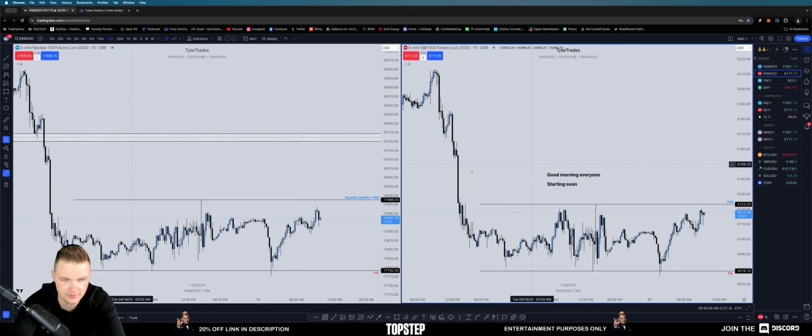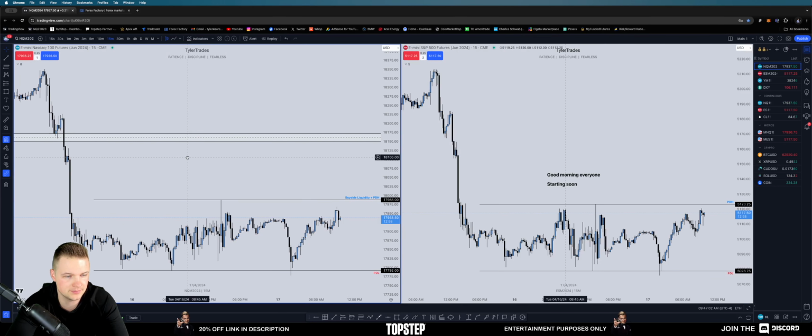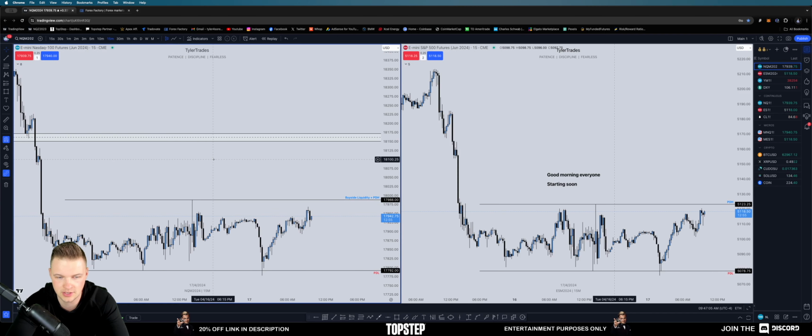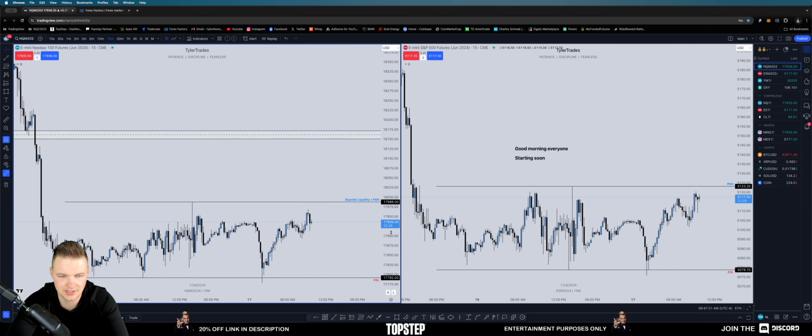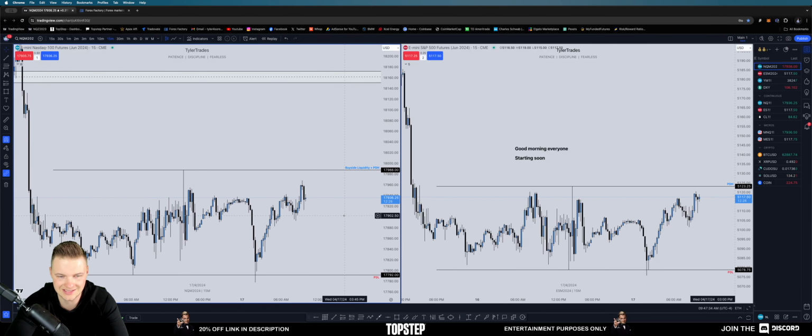So, real quick, before we dive into any extra market analysis, we don't really need to do a whole lot because not a whole lot happened yesterday. But I am wanting the next draw to be this buy side liquidity at the previous day high on both ES and NQ. Looking at the 15-minute chart side by side, ES is showing really nice respect to this 15-minute bullish fair value gap. NQ didn't quite as much. It actually inversed it, which is the only thing that I'm wanting to hesitate on looking for a long opportunity right this very second. But I am still bullish going into today for this being that first target, first objective.